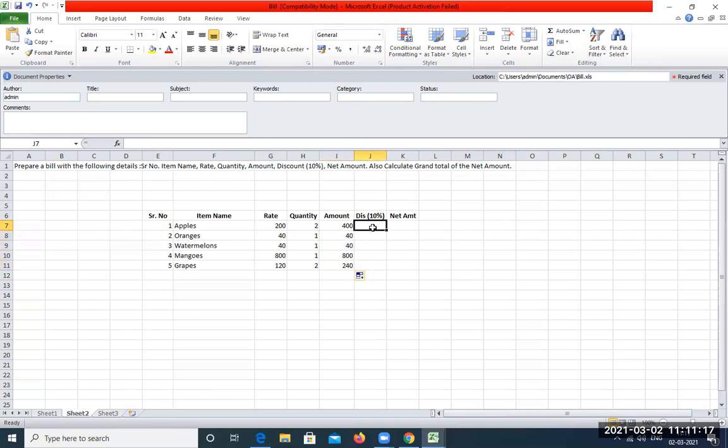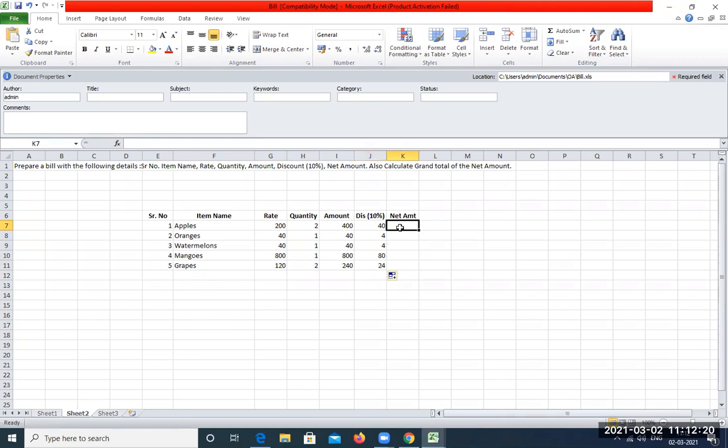Next thing is to calculate the discount. To calculate the discount on the amount, it is going to be 10% of this particular amount. So it would be 400 into 10 divided by 100. Now to calculate this, we again start with equal to, since formulas always begin with equal to in MS Excel. Then we need to apply the discount on the total amount here. So we are going to select this cell, then into 10, as the discount is 10%, and it should be divided by 100. So here is the discount. Similarly, we will drag this.